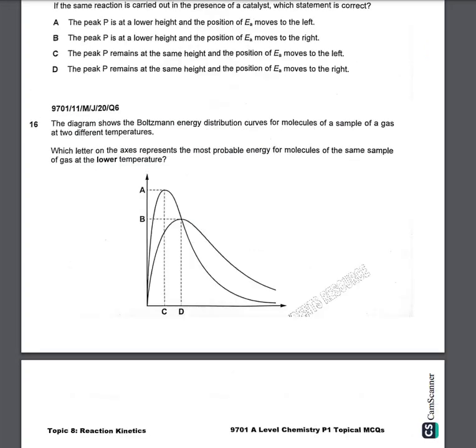So question number 16, I guess it's a repetition of question number 5. So this is the Boltzmann distribution curve once again, and for the sample of molecules of a gas at two different temperatures, which letter on the axis represents the most probable energy for a gas at lower temperature. On the y-axis you have got number of molecules, here you have got energy. So at lower